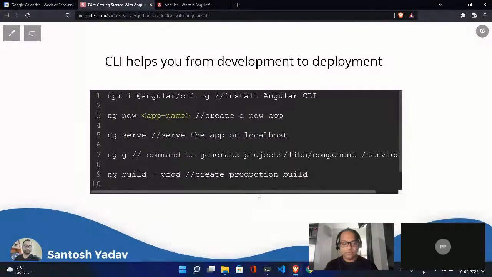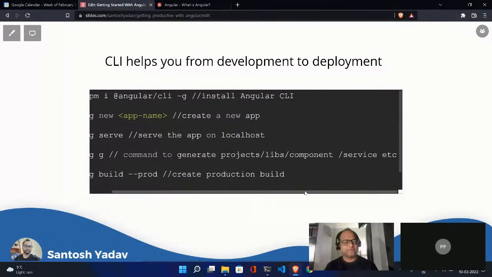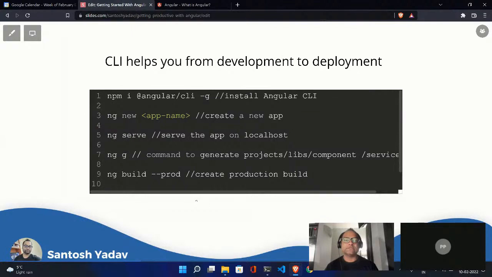You can also create multiple things. You can create services, you can create directives. We will see services, but directives are not part of this particular session. And finally, once you have created everything, your application is ready to be deployed. You need to create a production build. Angular CLI lets you do that as well. There is a command called ng build --prod, which is right now deprecated, but I will tell you the